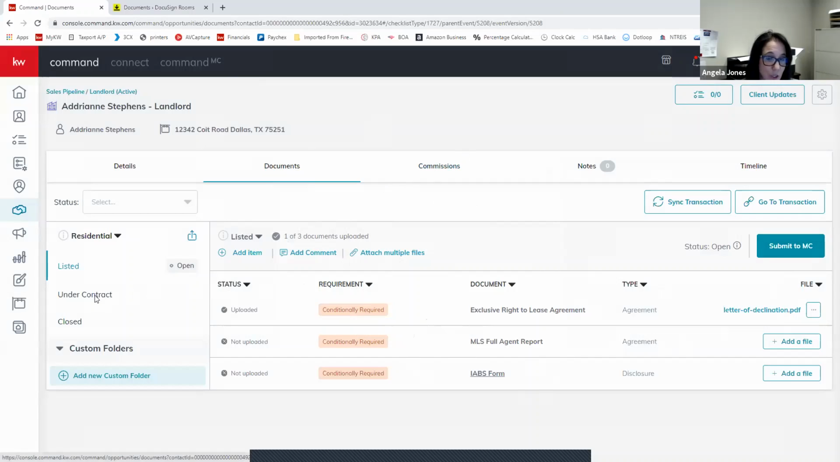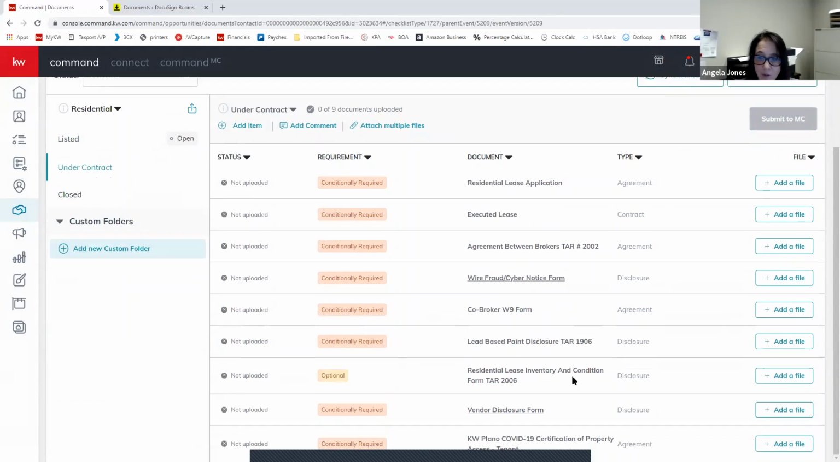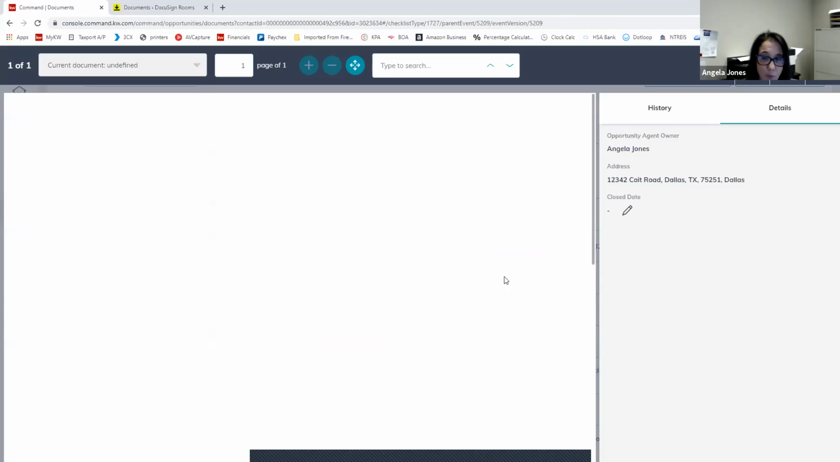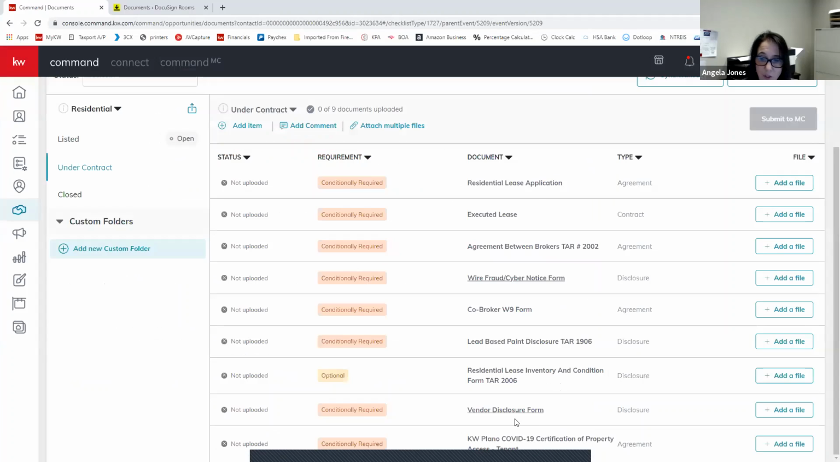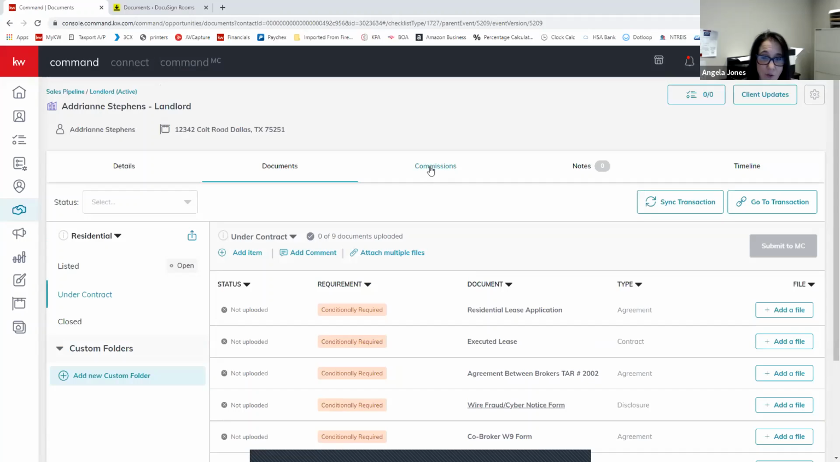And then you're going to go into your under contract folder. These are the rest of the forms that we need for your lease if you're representing the landlord. We need this broker W-9 when we're paying an agent on the other side. Okay, that has to be put in there so we know and can make sure that's being paid correctly. Again, if it's underlined, you can pull that form from here and use it. Once you've got those entered, you can submit it to the Market Center,